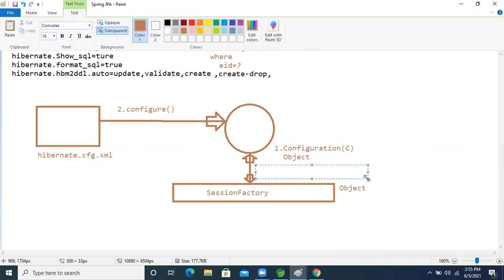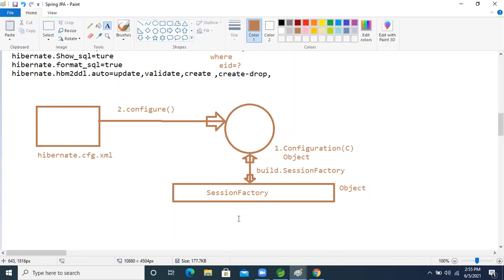It will build the session factory object, and this information goes into the session factory object.